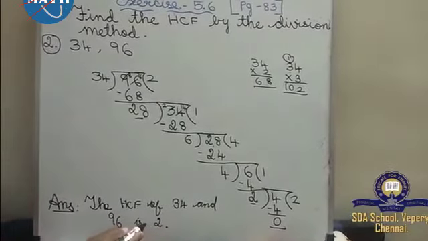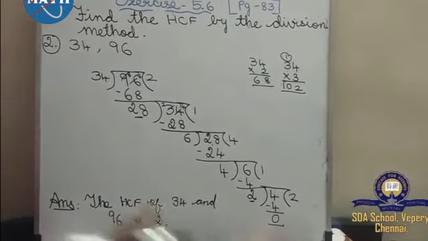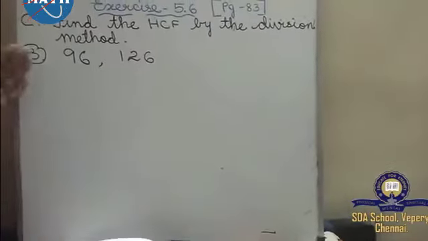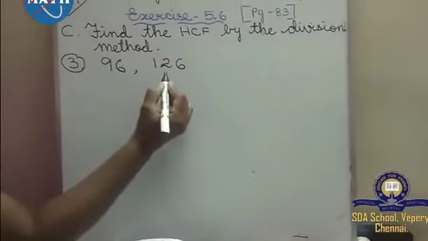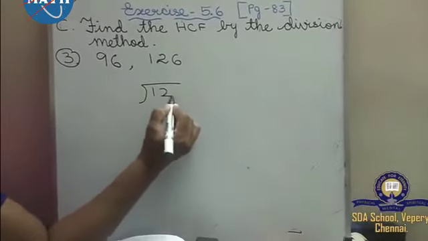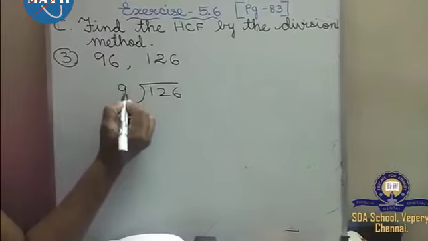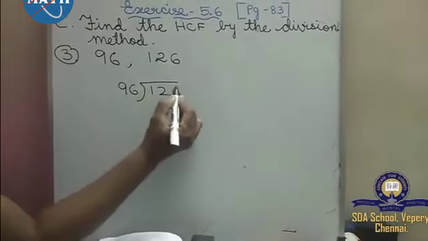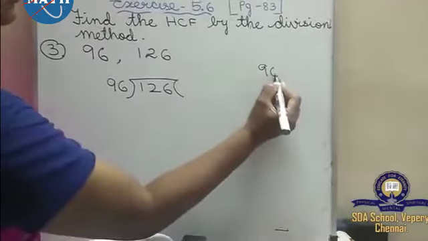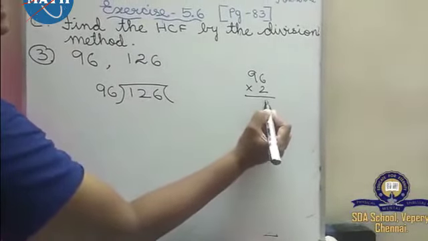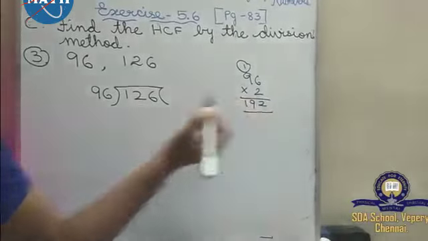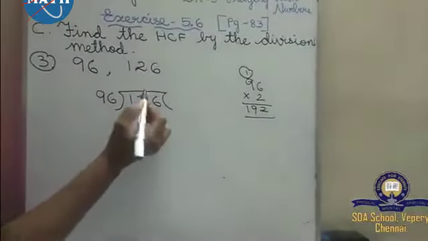Understood, children? So, one more sum, only one more sum I will teach and one I will give for homework. Okay, children, you see the last sum, which is the dividend, children? 126 is the dividend. The bigger number will be the dividend and the smaller number will be the divisor. So, here also what will come? See, 96 2s are 2 6 are 12, 2 9s are 18, 19 will come, isn't it? So, you can't write this one.